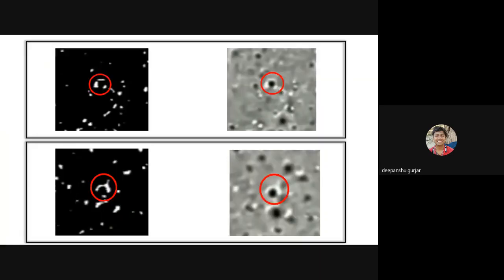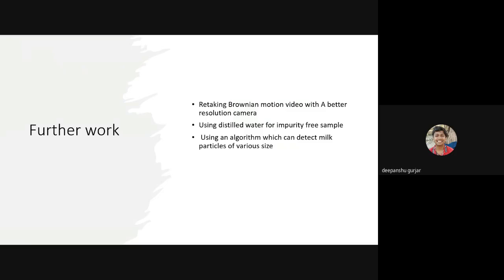So you can see the circles here. These are the particles which you can see. On the right side you can see what the original is and what has been detected by the software. You can see that it's not actually a milk particle, but an impurity particle, and there are some white spots. It could be a particle, or it's just light affecting around it. So it has been considered as a particle, which brings in some error. So we can use an improved algorithm to detect such particles.